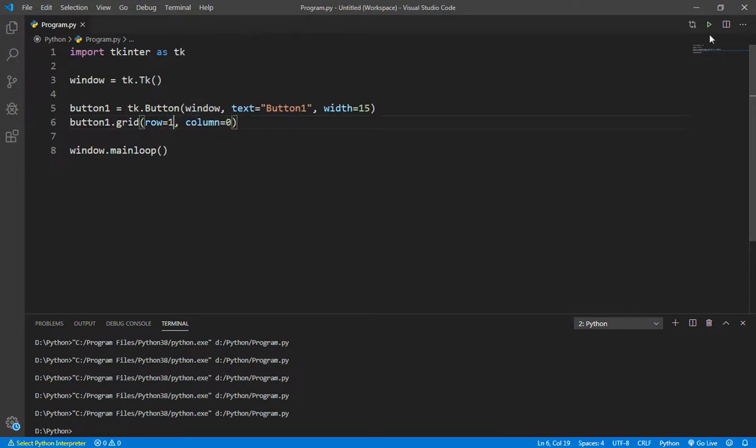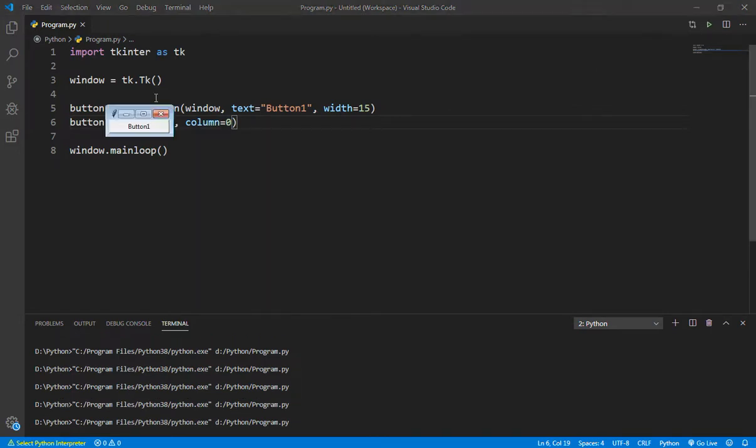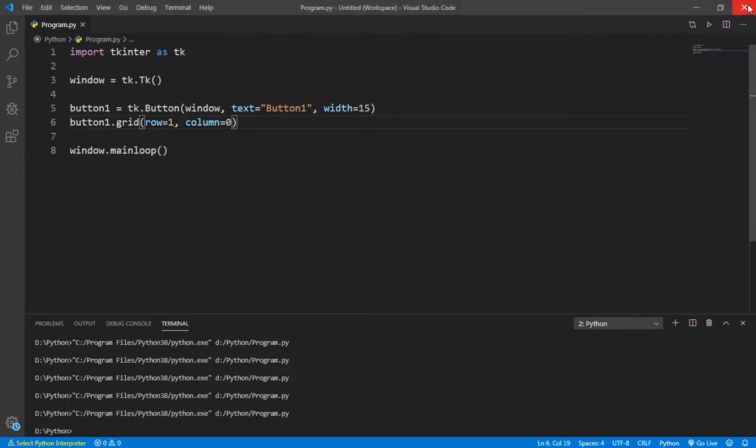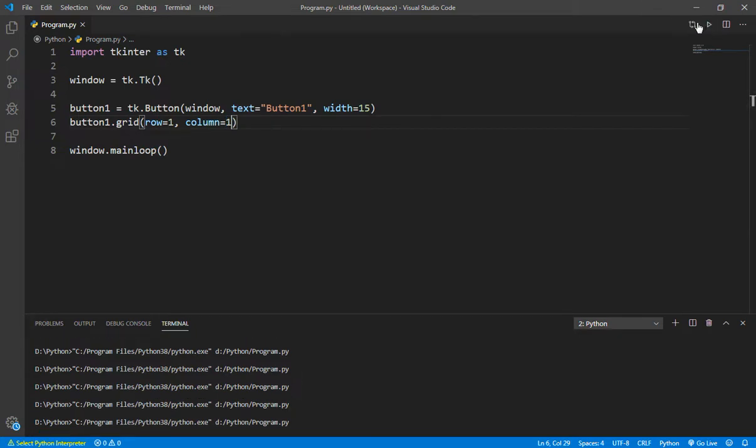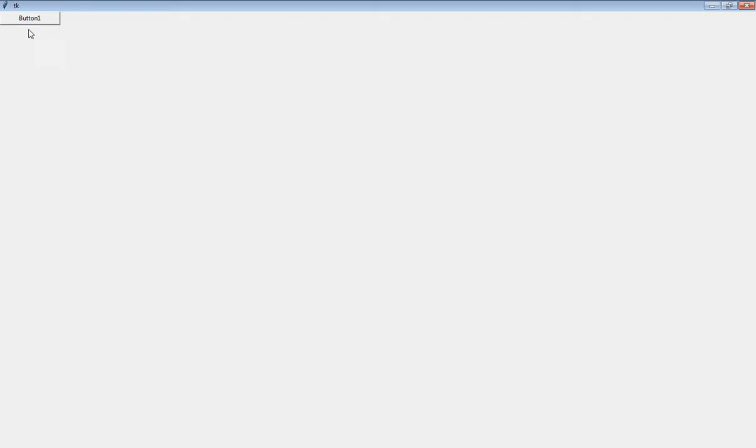Okay, now let's say row equals 1. Now what will it do? As you can see, the button is still in the topmost left corner. Why? Because there isn't any other widget which can define the width of the row. Just like that, if we write column equals 1, you can see that it is still in the topmost left corner.